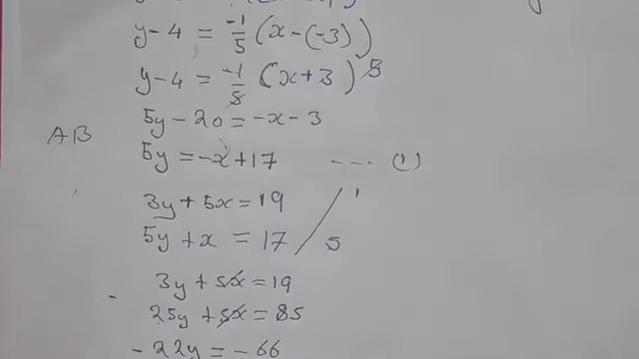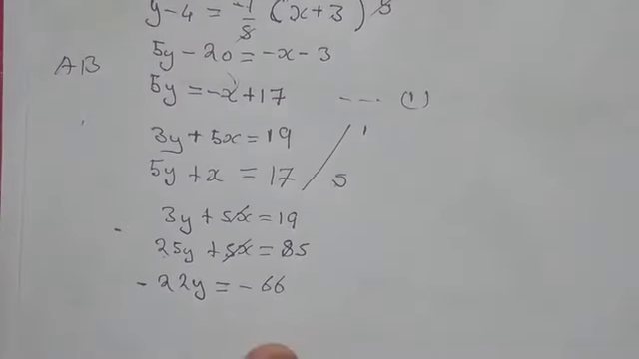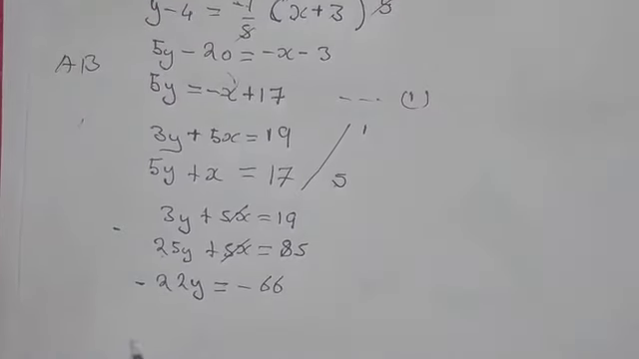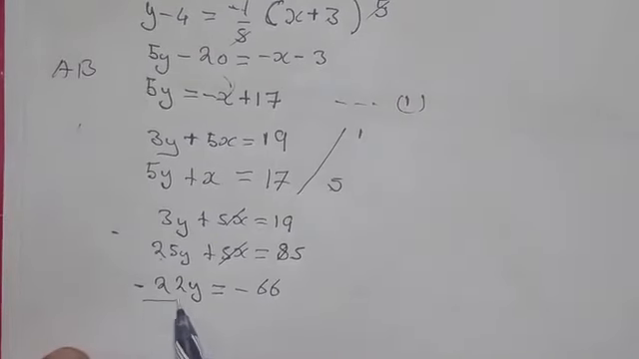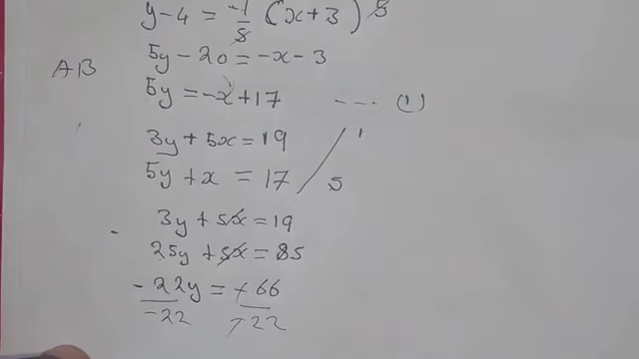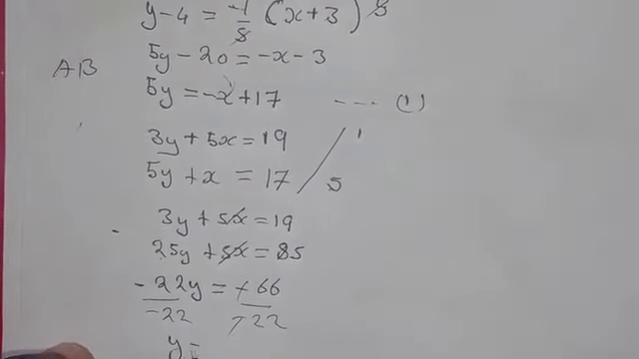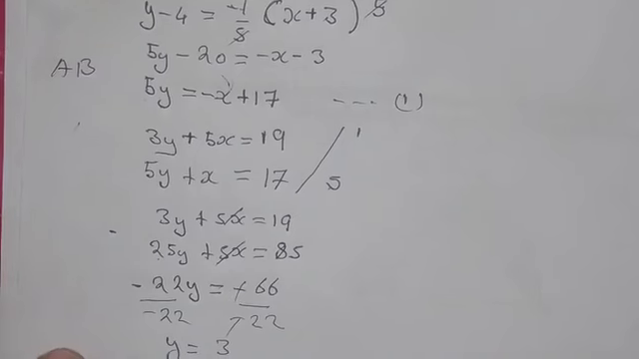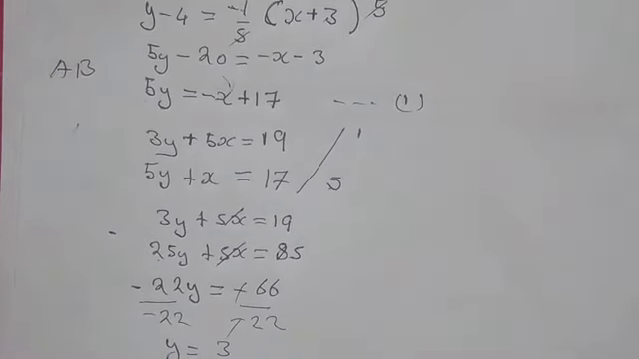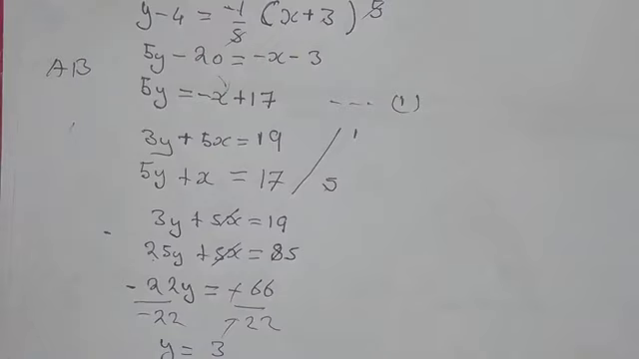Then you make y the subject of the formula by dividing both sides by negative 22. So we have over negative 22, over negative 22. So this and this will give us positive. So 66 divided by 22, we're going to have y is equals to 3. Okay, so this is the y coordinate of b. Okay, so since we have found the y coordinate, it's now easy for us to find the other coordinate,